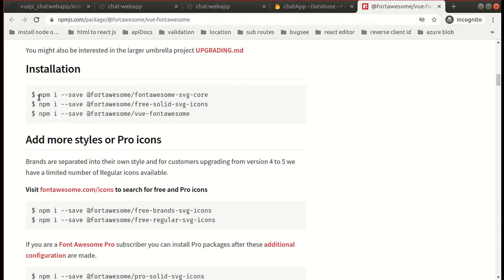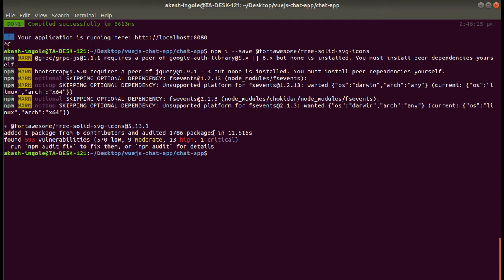Okay, so friends, for that pencil icon, the Font Awesome icon, we need to run these three commands. One is for SVG core, SVG icon, and Vue Font Awesome. So just quickly run these three commands.